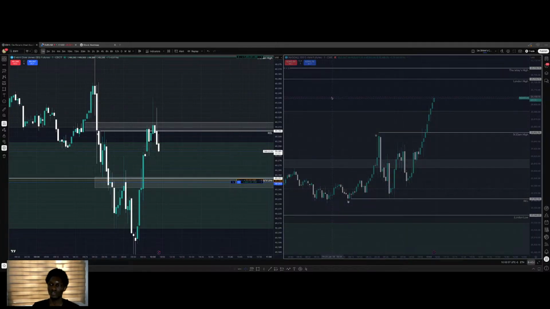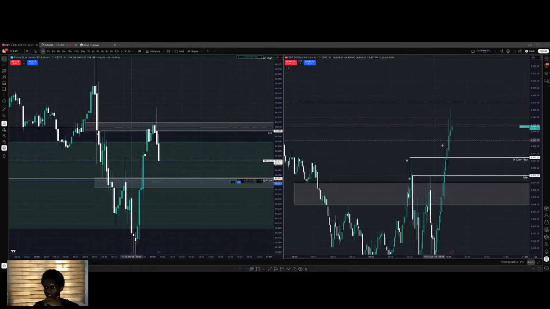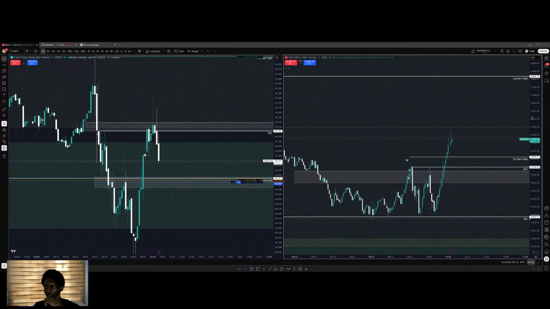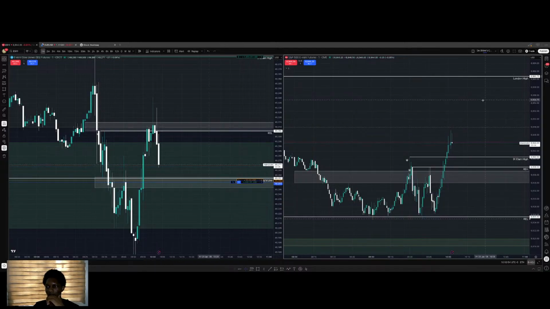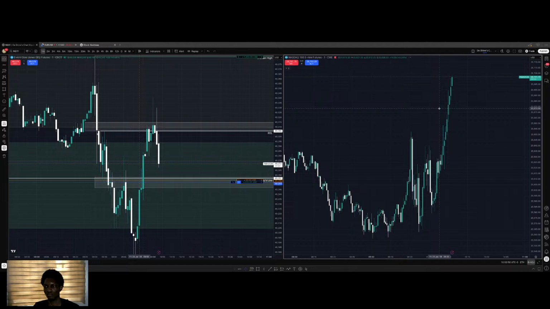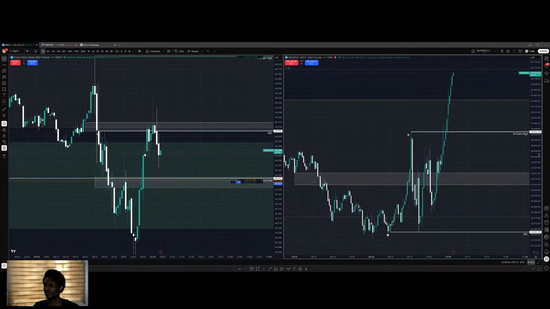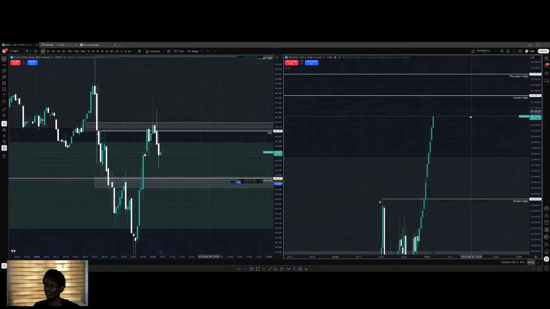So NQ is really strong. YM is the weaker one so far. Because even ES is going to all targets. This is a deep retracement. NQ is going to London highs.